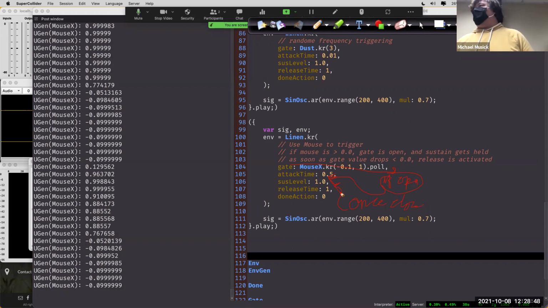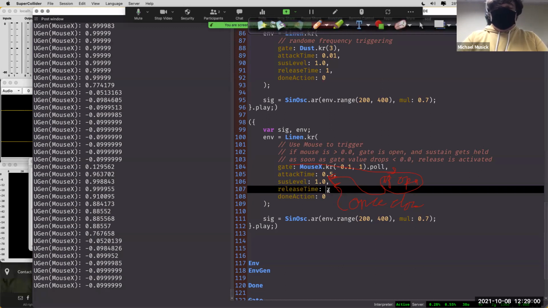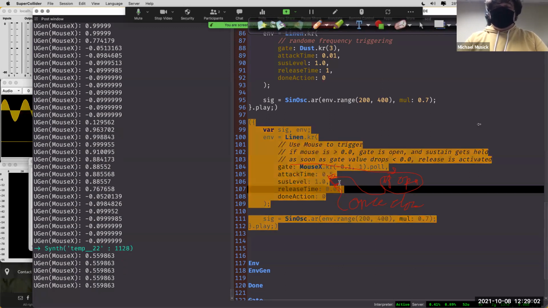You can think of it also just like a trigger. It's just an if-then statement. If it's above this, then we keep it at the sustain level. As soon as it's not that, we activate our release. If our release time was something really short, like 0.01,